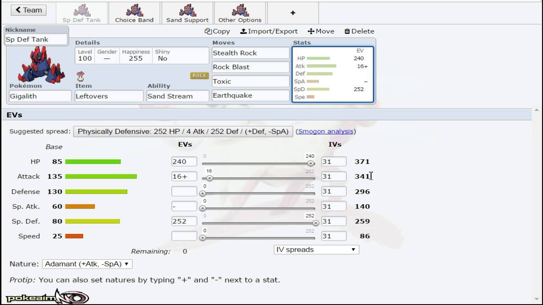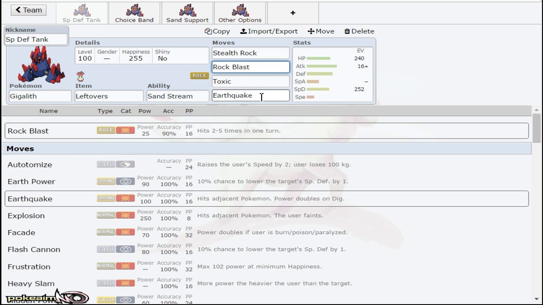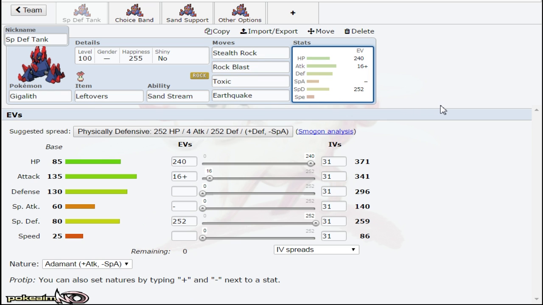Now the 16 plus attack with Adamant Nature, because Gigalith's attack stat is so high, this actually makes most of its attacks do about 2 to 3% more than if you give it no attack investment. So Rock Blast will do about 2 to 3% more on usual. Earthquake will do about 2 to 3% more on usual. But if you find yourselves wanting to use Gigalith and not really taking on fire types or physical flying types as well as you wanted, you could always make this Impish 16